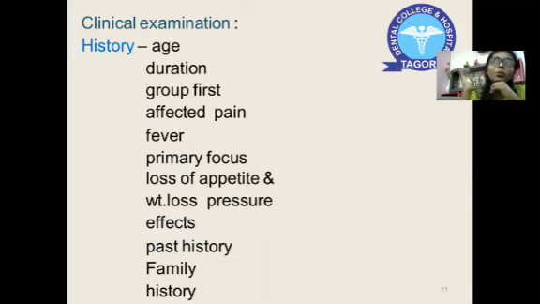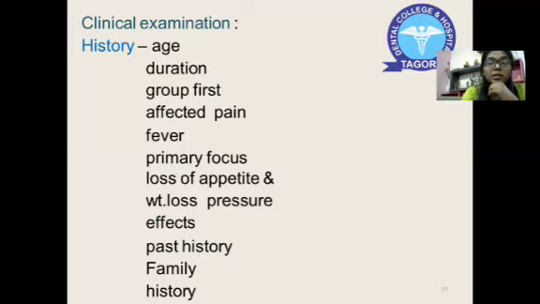So the group of lymph nodes which is getting affected first will also contribute a little for a diagnosis. And then the pain and the nature of the pain. Acute and chronic infection. Acute infections are mostly painful, whereas in certain conditions like syphilitic conditions and primary malignant lymphomas, the lymph nodes affected may be painless. And then any history of fever.